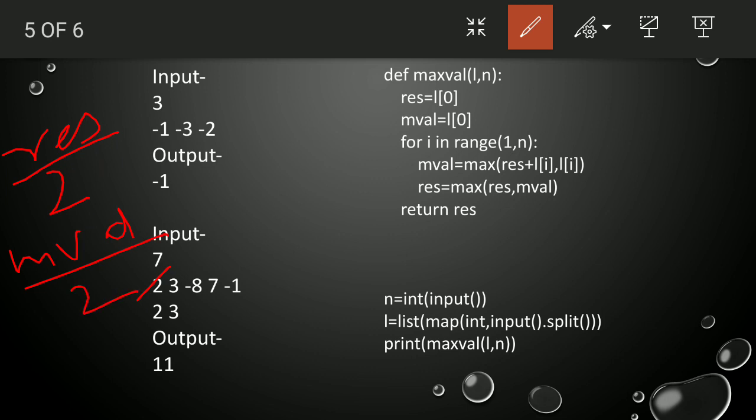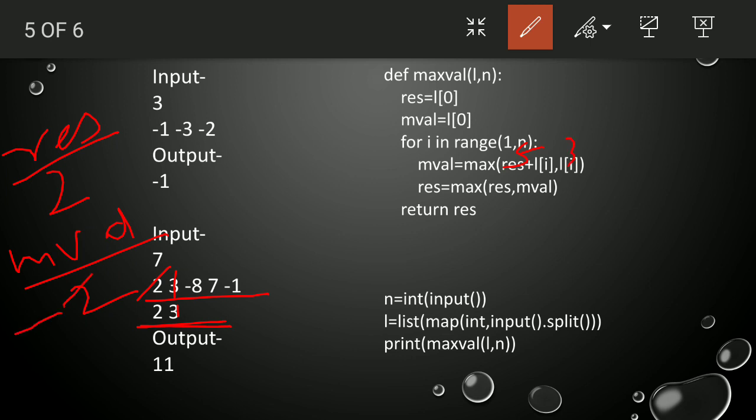Now i in range of 1 to here. This is in one line only: 2, 3, -8, 7, -1, 2, 3, all these are in one line. That is one list. M value is max of res plus L of i. So res is 2 plus 3, that is 5. This is 5 and L of i is 3. So what is max?